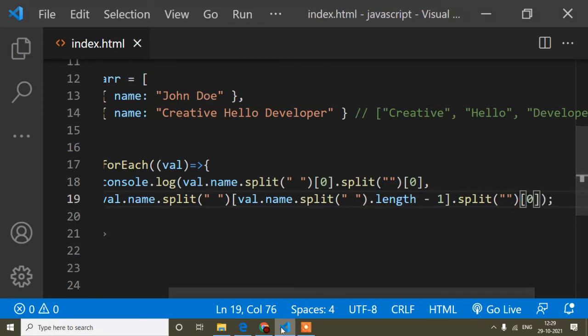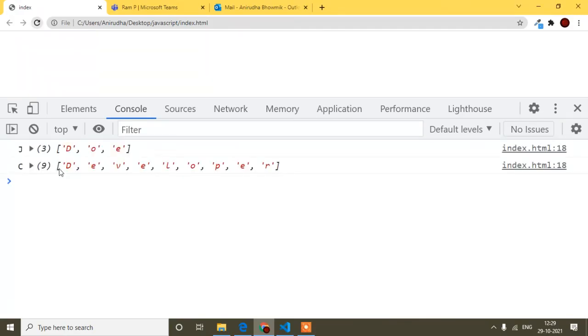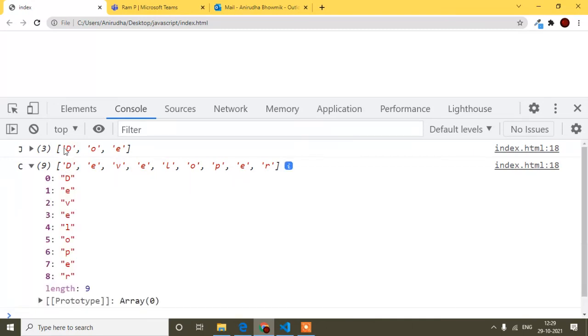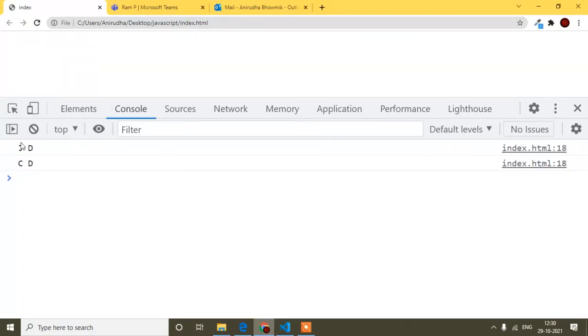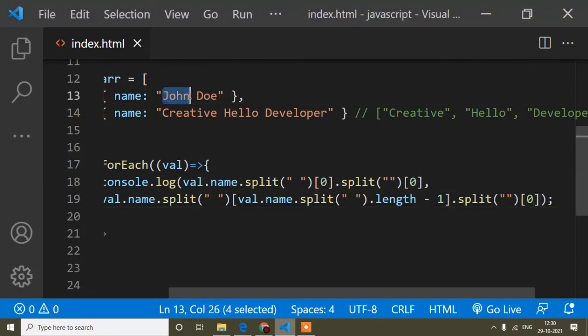So first of all I will show you the split. So you will find like this j, and here it's an array, so this last name is now created as an array. So from here I need only the first letter. So what I will do, simply 0. So if I write this here, now you can see JD CD, J from this one and C from this one, like this.